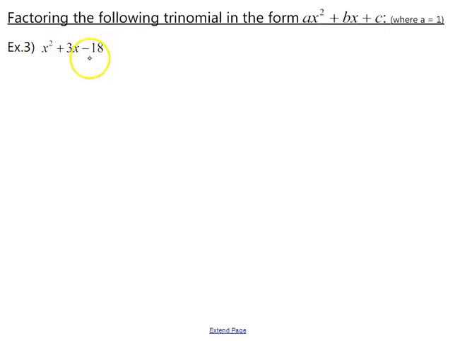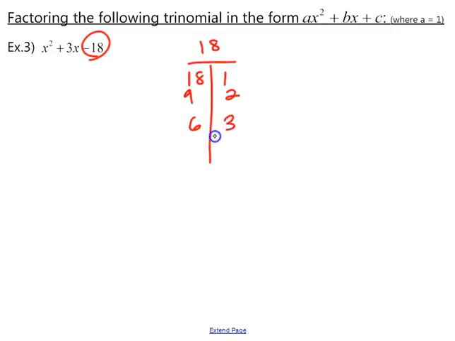So first we need to find the factors of C. So the factors of 18, we have 18 and 1, 9 and 2, 6 and 3, and I think that's it. So we want to see which terms are going to add up to 3. Now none of these are going to add up to 3 as they are, but when you look carefully,